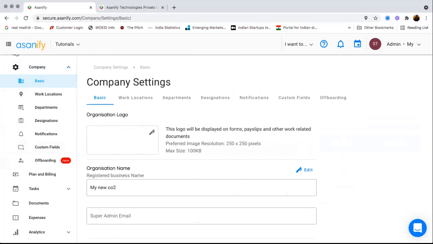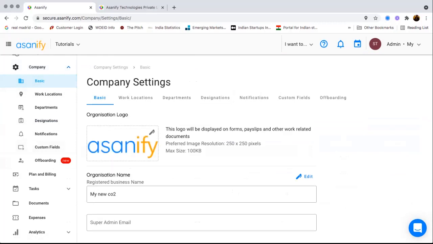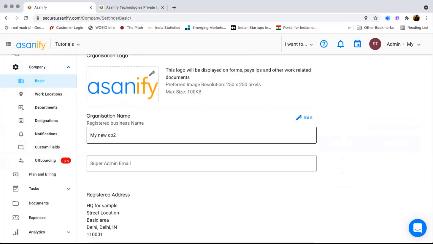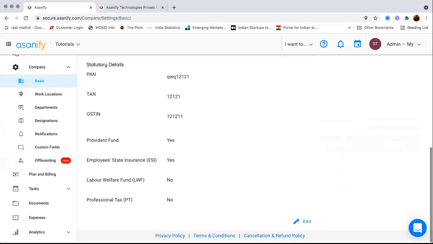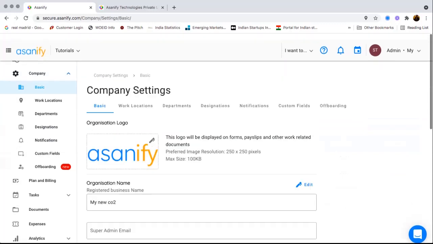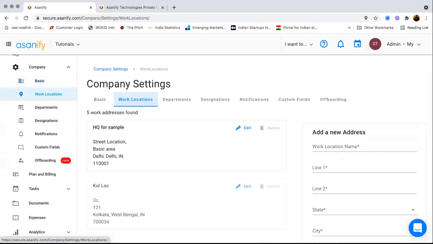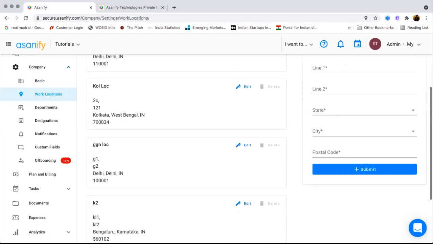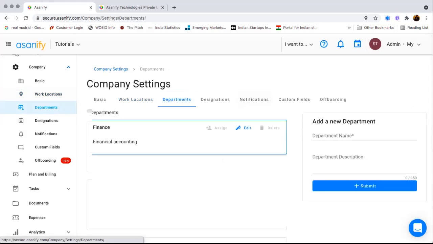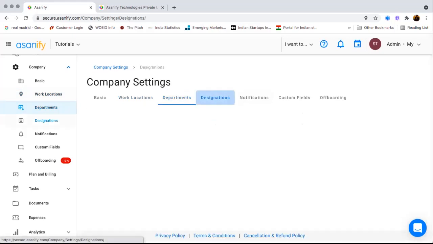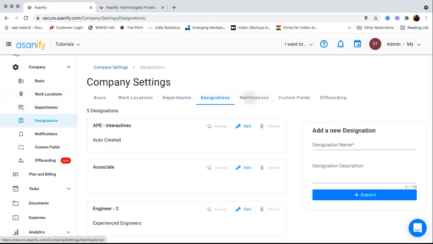There are a bunch of company settings which I'll specify now. So when you run payroll and the payslip gets generated, you can also upload your company logo here, so that your payslip has the right logo printed. You can specify provident fund related settings, any other compliance related settings, and add any relevant work locations here. Just very simple to add from the right. You can add departments from here, right? Designations from here.